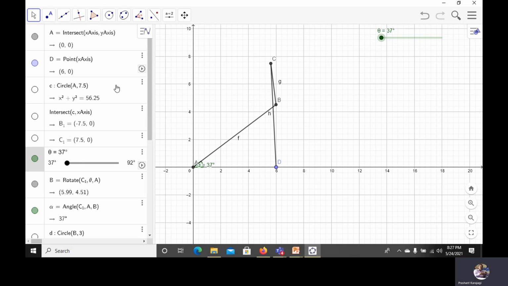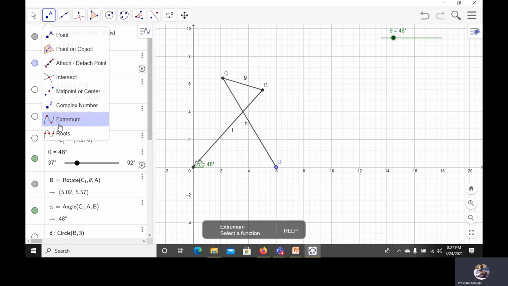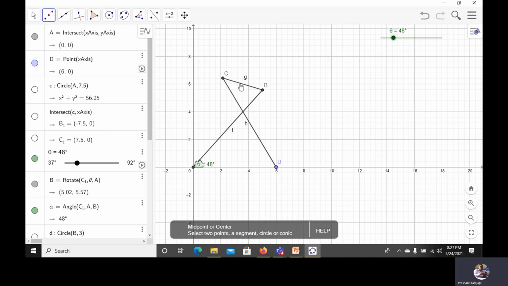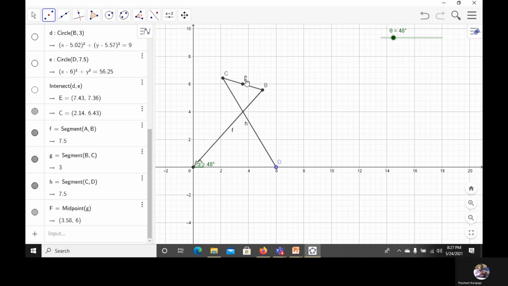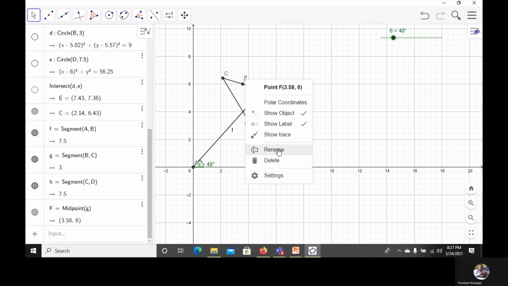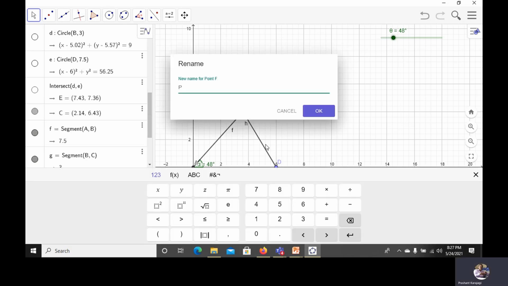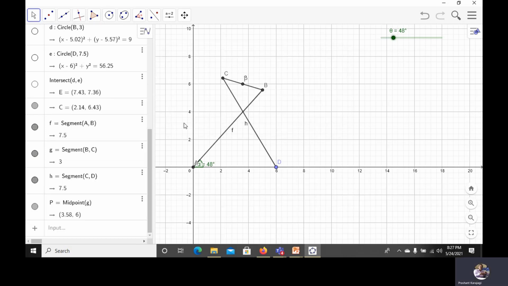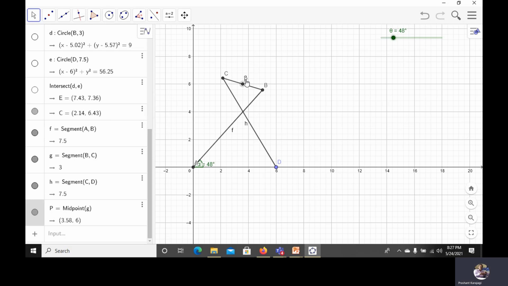Right. Now take the midpoint of BC, that is the coupler link. Choose the midpoint command, and rename that point F as P. Then use the trace of this point, right, and animate it.